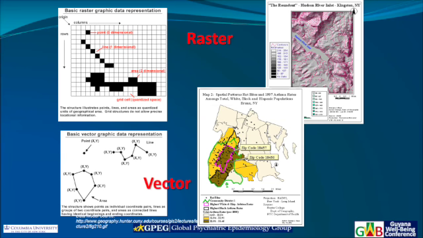The disadvantage of polygons is that you're assuming that what you're looking at is uniform across the entire polygon. So say that you have population, as we'll see in a bit, you're assuming that the distribution is equal across the entire polygon. Whereas in raster, you can click on a pixel and get at least an estimate as to what the population is at that specific spot.